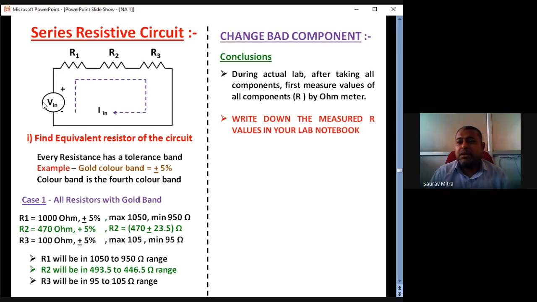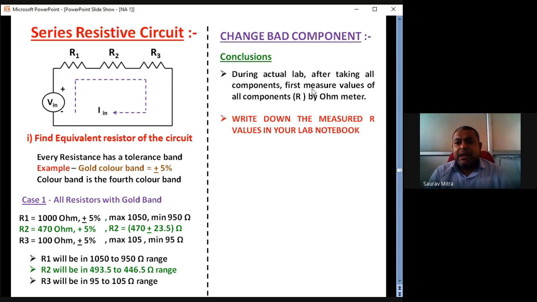Maybe you are not able to set exactly 8 volt. Maybe it is 7.9, or maybe it is 8.2, or maybe it is 8.02 or something. All those very simple small things might get accumulated and give you a little variation. But then also we can prove that yes, the experiment is properly conducted. That is the real fun of the experiment, and we'll do it whenever you come back here. We will be able to get it done.